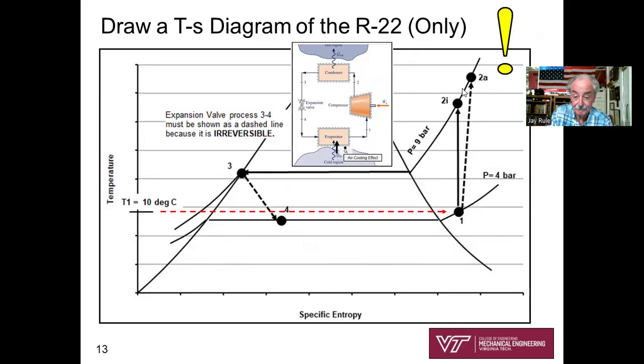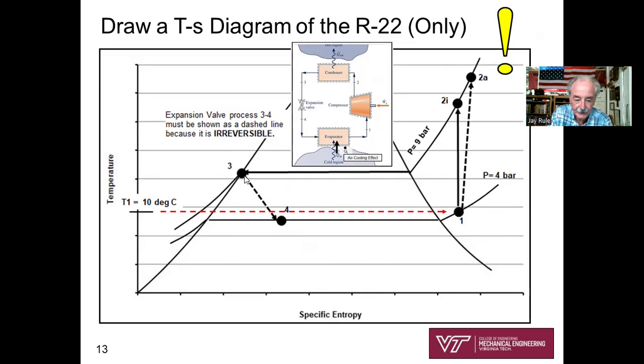of the compressor. The condenser, well, the word says it all. It's condensing a vapor. And in the problem statement, it says you're condensing down to saturated liquid at 9 bar. And so that's what enables you to put your dot right there on the left-hand side of the dome